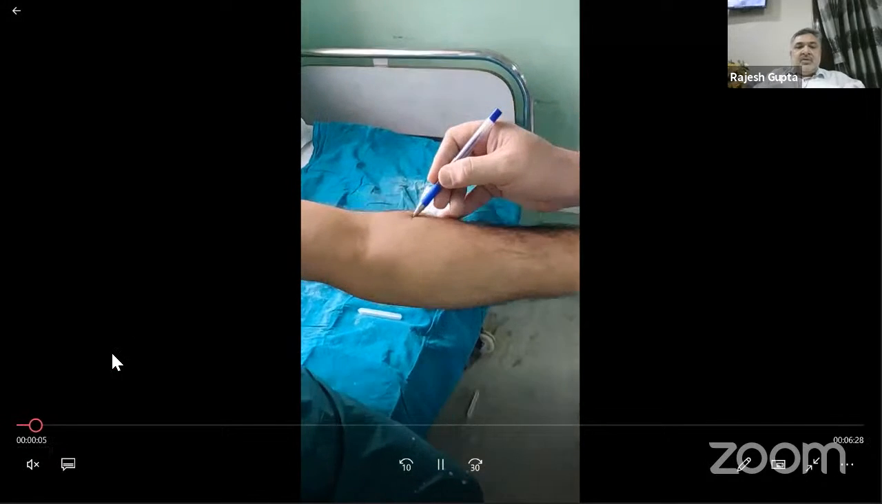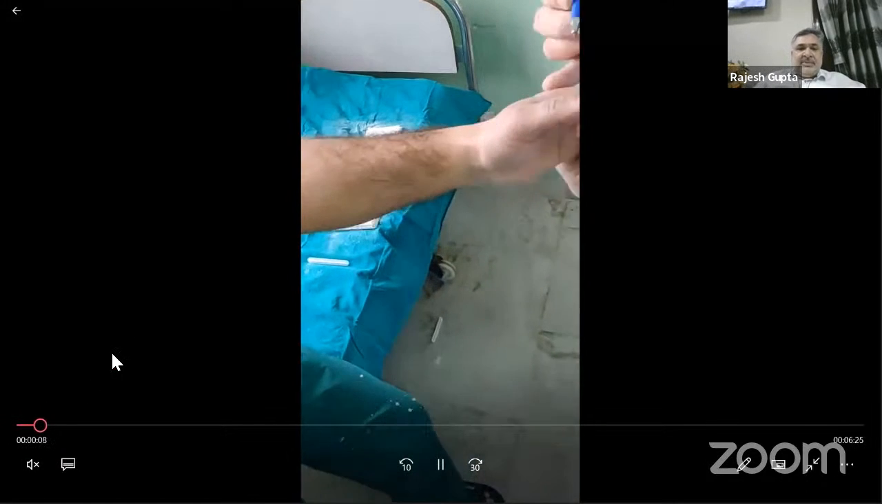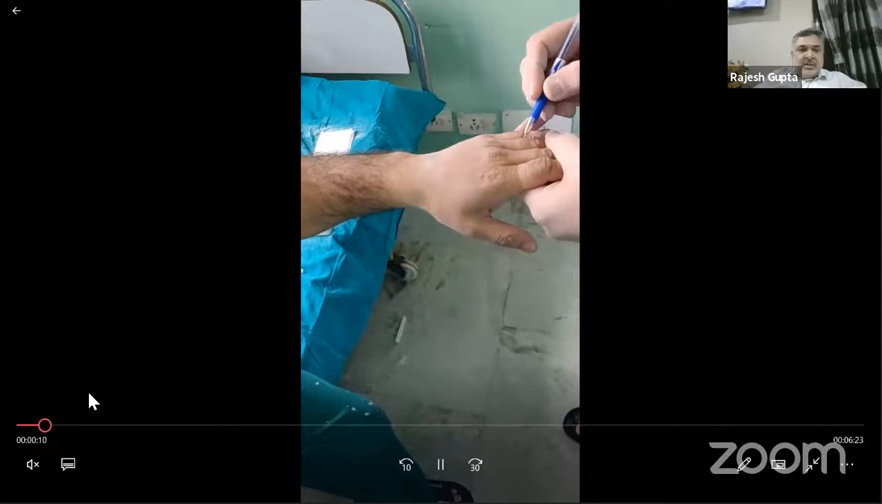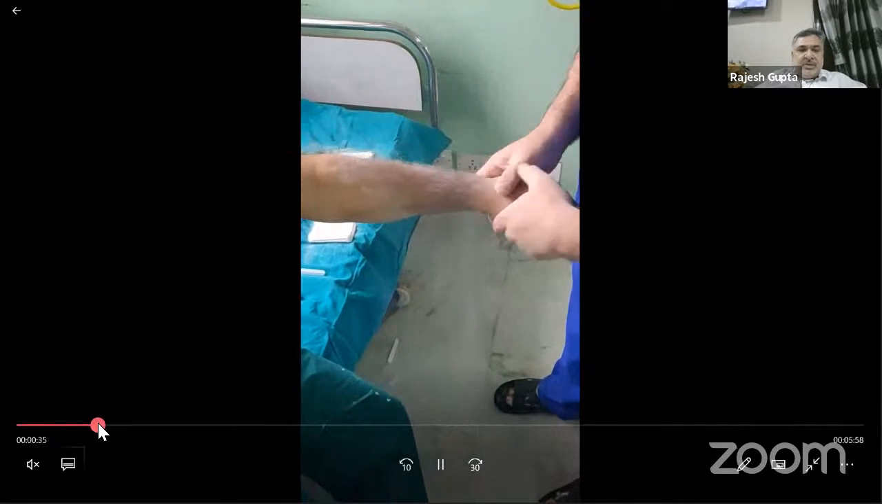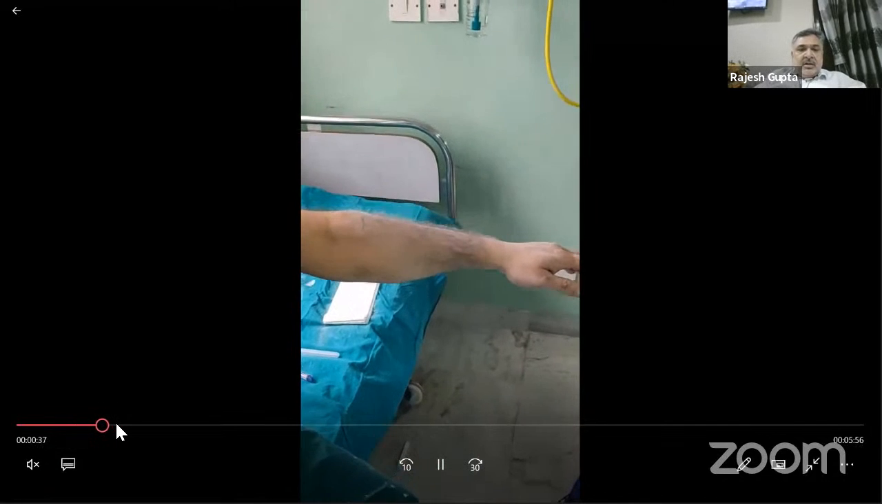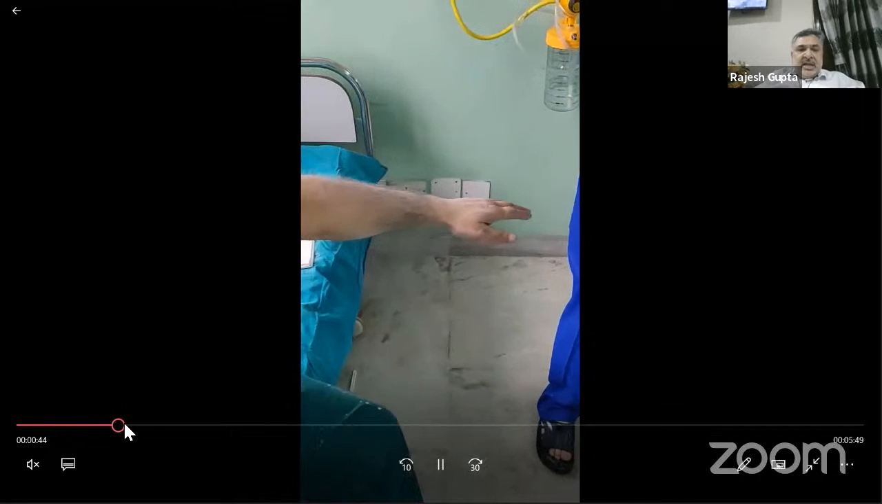Fine. So we mark the extent of the slab. Then we apply some powder to make it smooth. Now we take an appropriate size stockinette